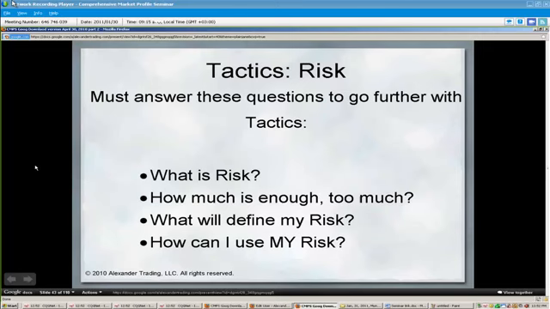Let me give you an example. You can have a trading system that has 70% winning trades. And if you over-leverage your account, it's not if you're going to blow up, it's when. And this happens all the time. This happens to hedge funds. So you have to have a higher